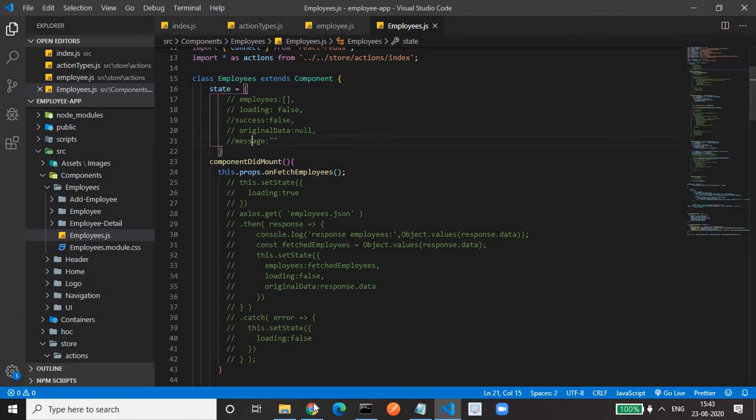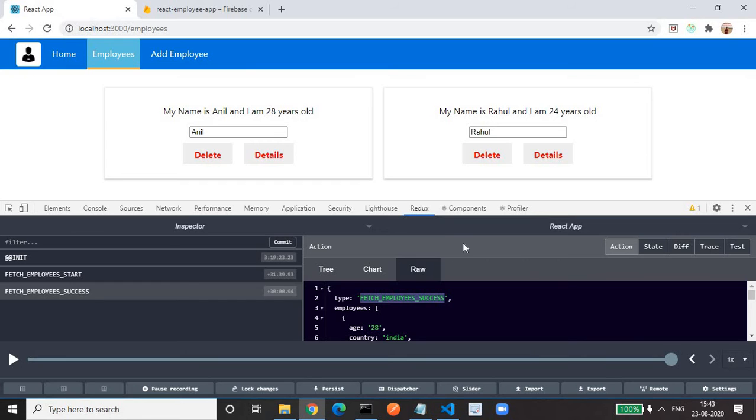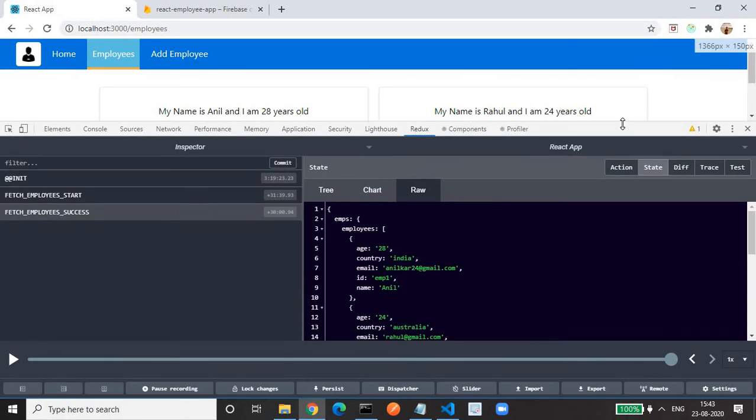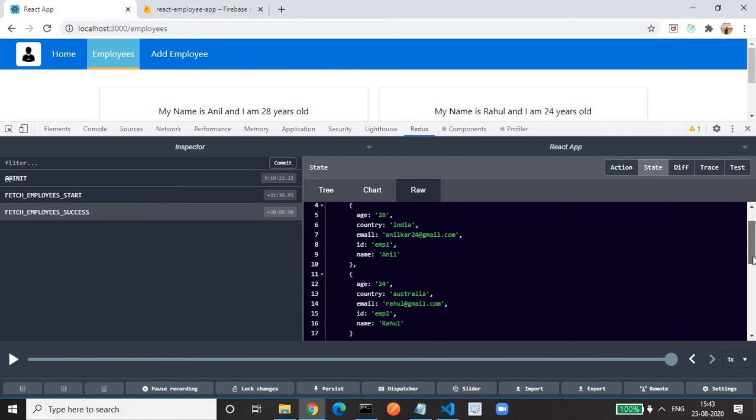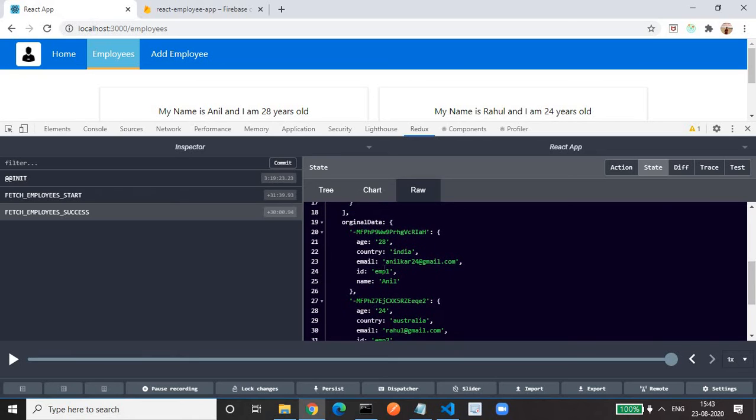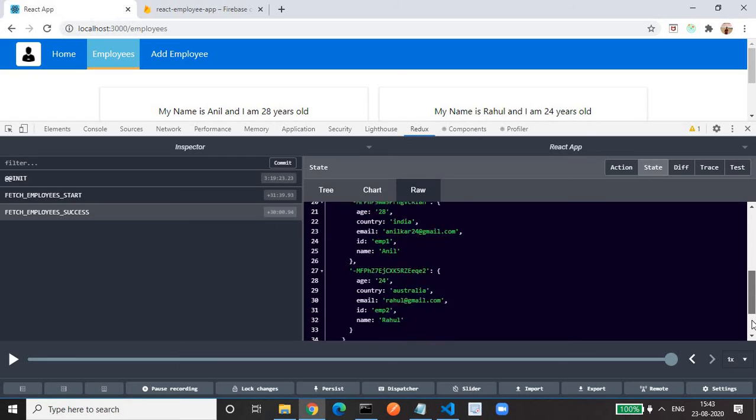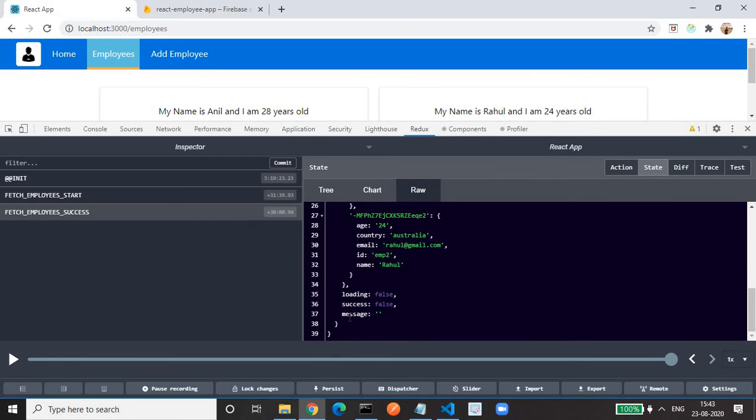Everything you are seeing in the state, we have handled in Redux. The employees, then original data, then loading, success, message, everything we have handled in Redux. So we don't need state at all there.